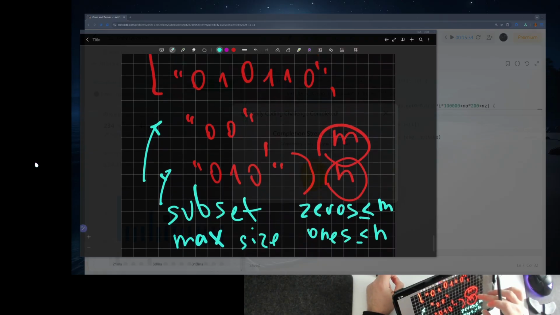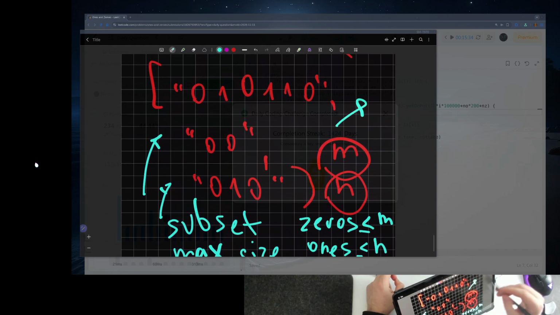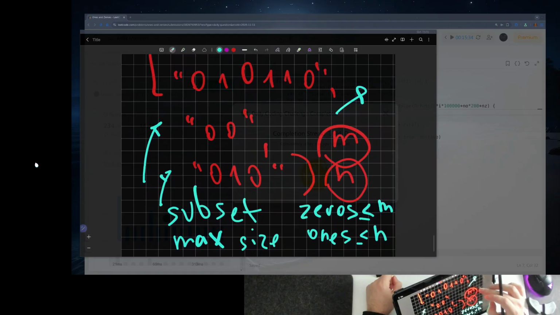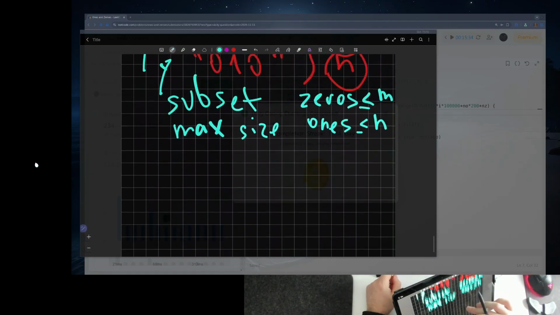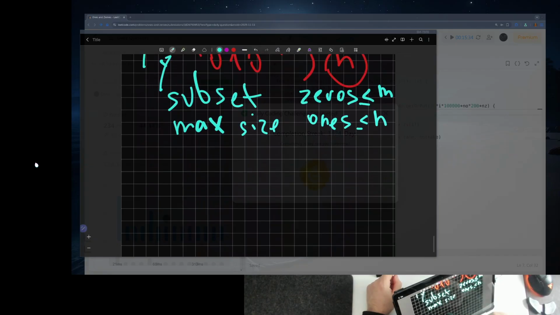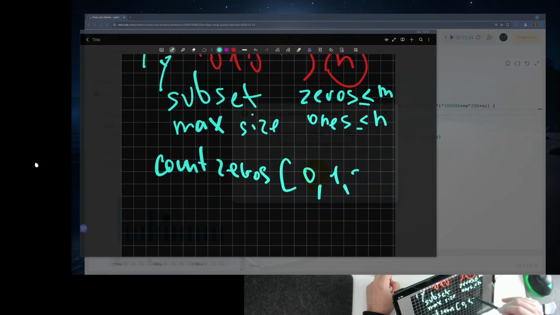First of all, convert the strings from string to just counts of zeros and ones, and you will have numbers of like count zeros array. It will be like 0, 1, 2, 5, like this. And count ones,